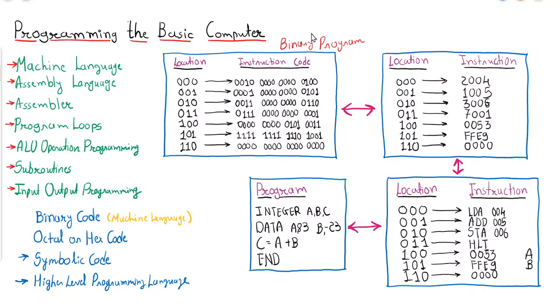Here you can see this is the location, and on each location information is stored in the form of ones and zeros. On each location a binary string is stored. Why is it stored in binary? Because the computer can understand only and only binary language.